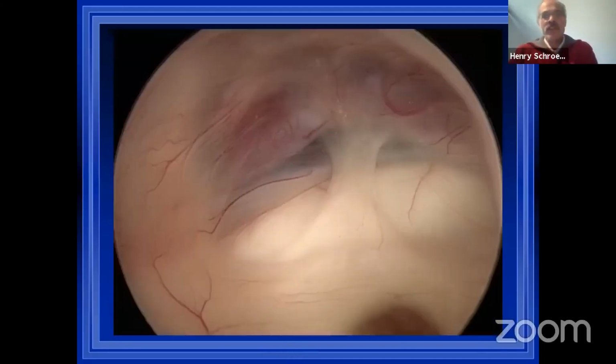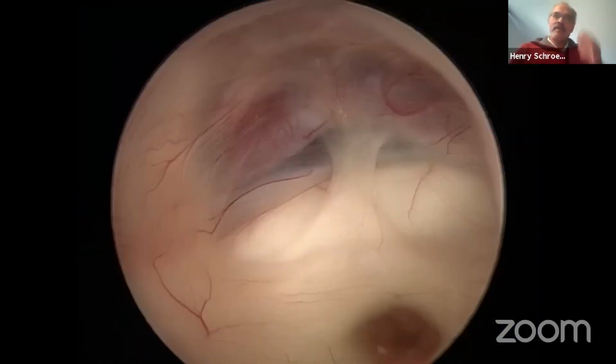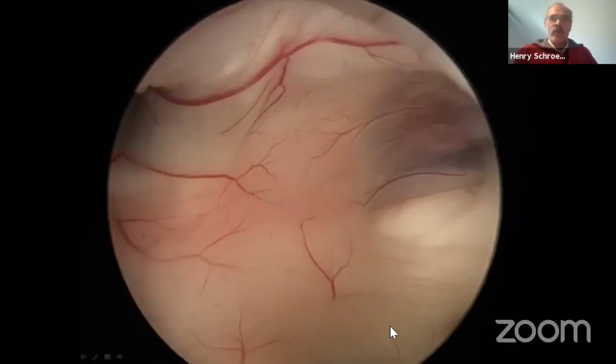Now with a 45-degree endoscope, we see even better. You see lamina terminalis very nicely. Lamina terminalis is between the chiasm and the anterior commissure, which is up here. You see A1, and ACOM behind chiasm, infundibular recess. And now we look to the left side, and this is the chiasm. Then you see here the